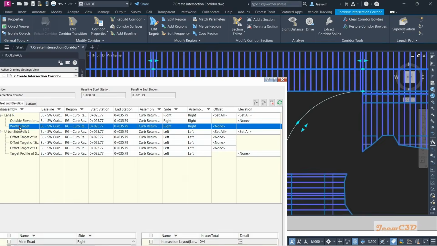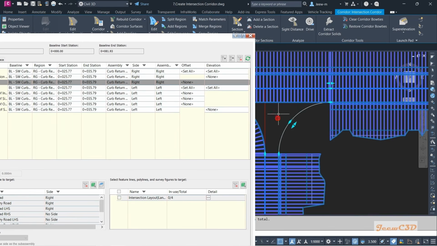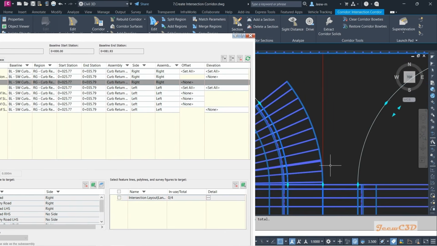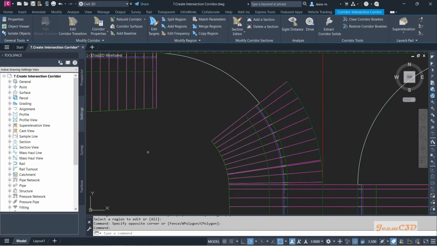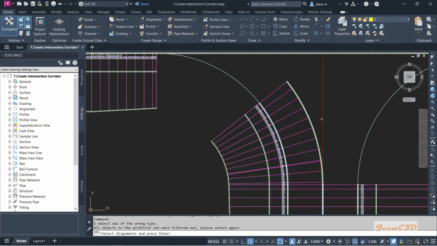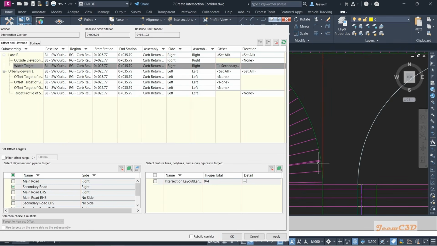So for the width target, it should target this right side secondary road. So this target should be, I'll click here, this is alignment, so I click the left side and click this one and right click. So you can see